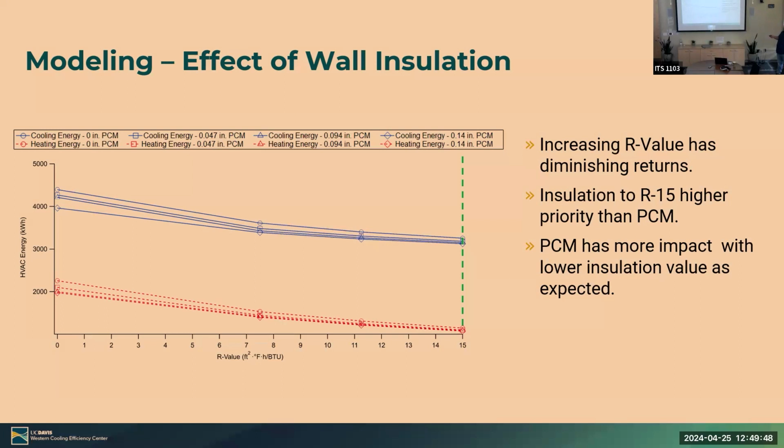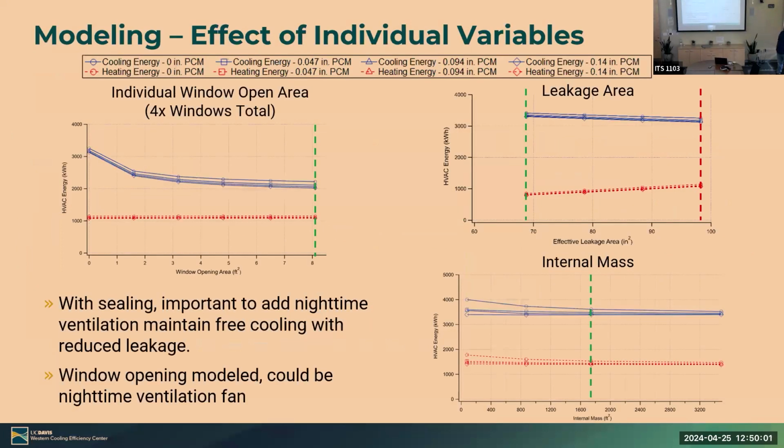So if you go from top to bottom, you have no PCM all the way up to max thickness PCM, which I think was what we modeled, just 3.2. The green line is what we ended up actually including in our annual energy model. So we did the same analysis for a few different